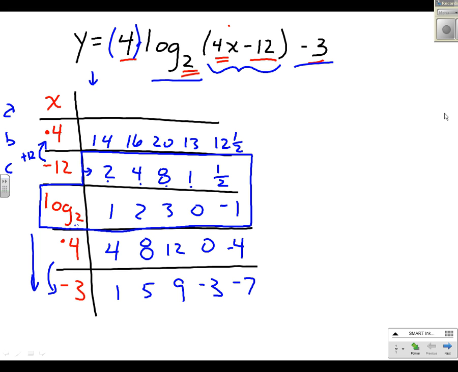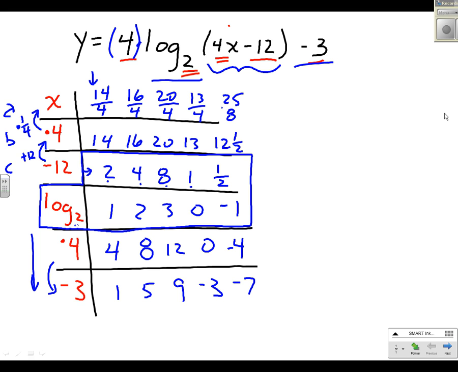In order to get from A to B, I had to multiply by 4, but I'm going backwards, so I divide by 4 or multiply by 1/4. So I get 1/4 of 14. I'm just going to write it as 14 over 4, 16 over 4, 20 over 4, 13 over 4 and 13 over 4. And let's see, 12 and 1/2, that's 25 halves times 1/4,